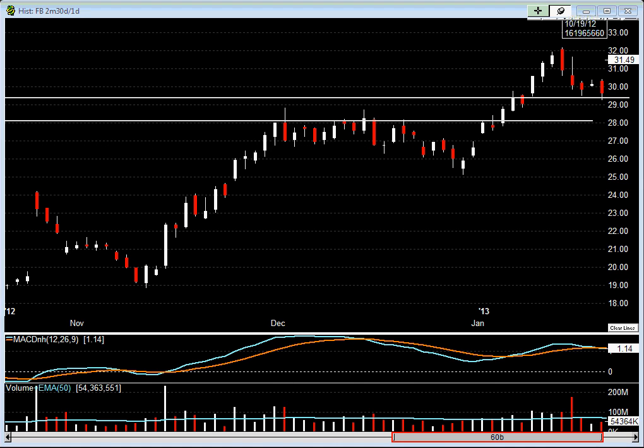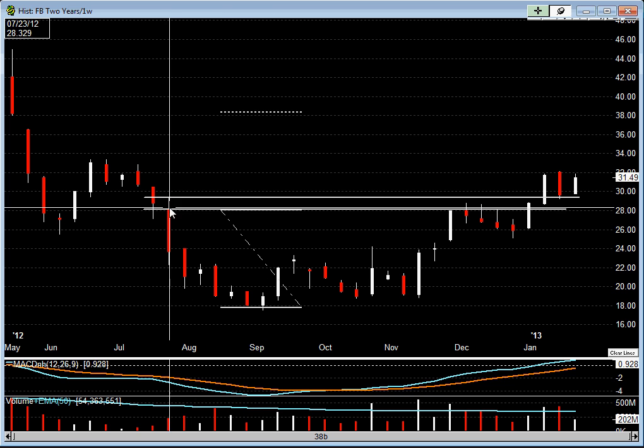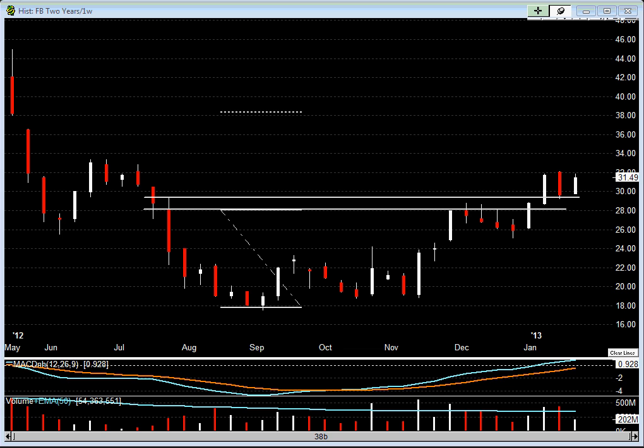The first thing is let's take a look at the weekly, and you can see on the weekly chart here, it's forming a nice little inverted cup and cup and handle. If we take a look at this little tool here, let me draw this out, and you can see that it's forming some sort of a cup and handle. In addition to that, you can also see that there might be a little bull flag forming here, with this little flagpole, and then it possibly will give you a little measured move up, somewhere around this 36